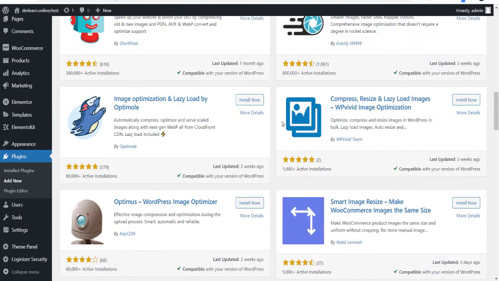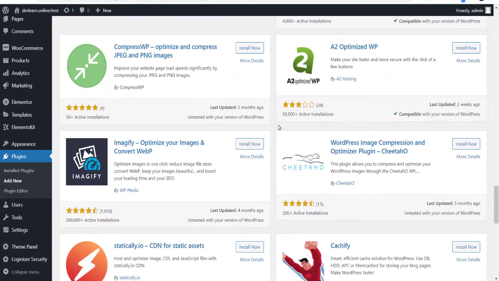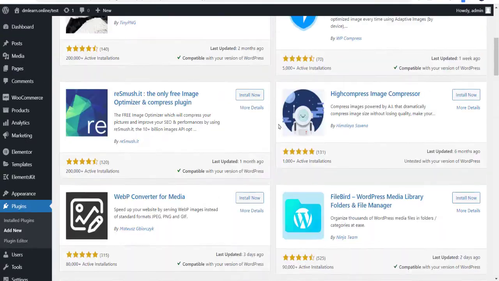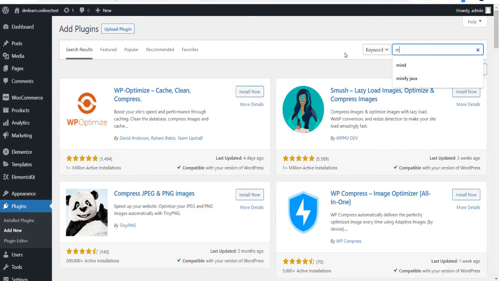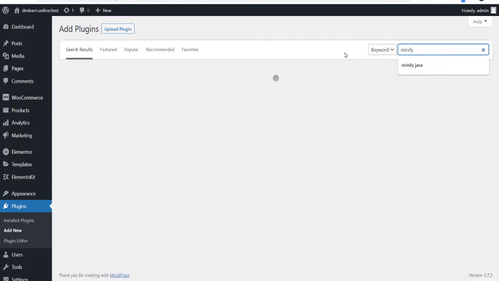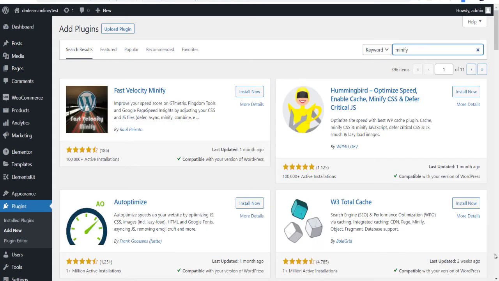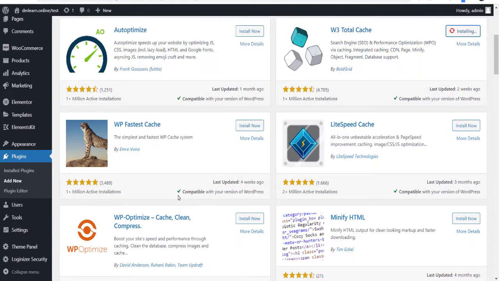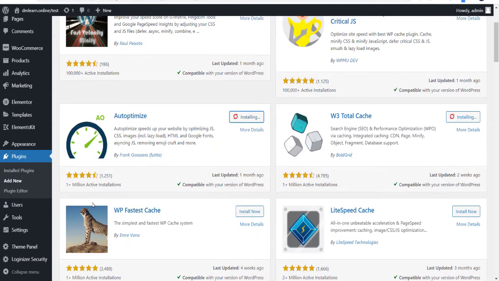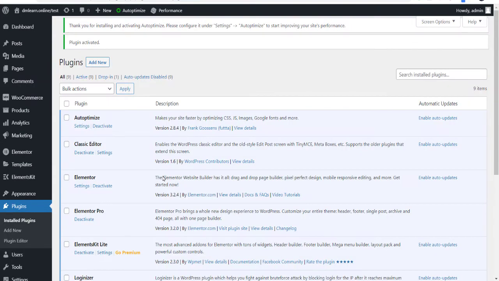We have to use minify. Just type minify and W3 Total Cache, and look at this. Both are important, and they have millions of active users using these tools. So you can use them; they are trusted tools, don't worry about bad tools. I am sharing with you how we can use them, so you can activate them too.